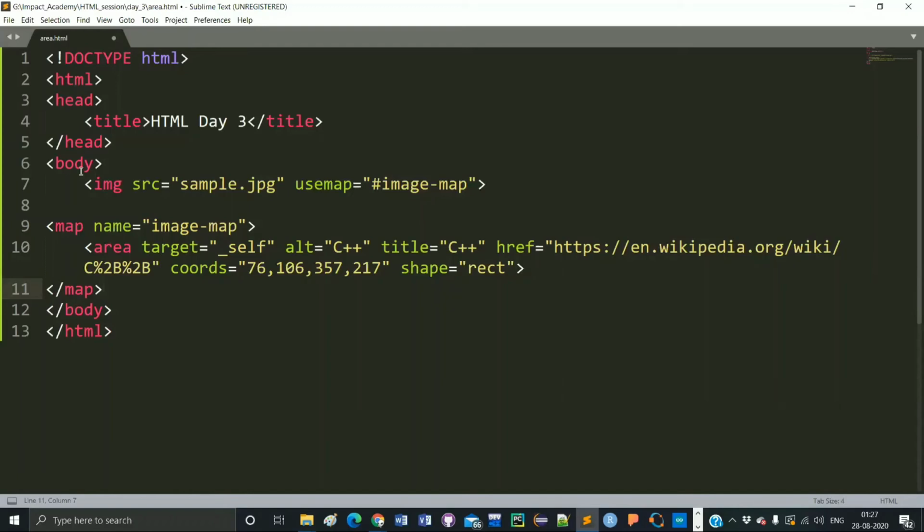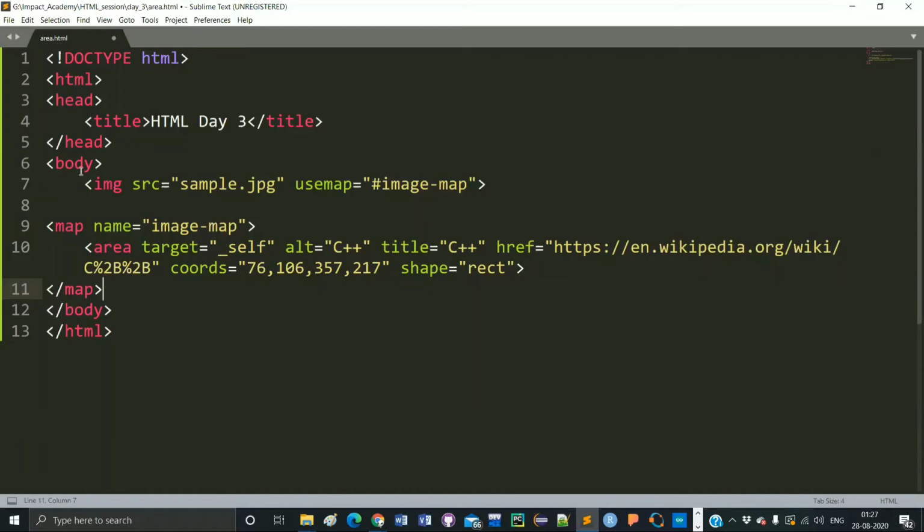And there is another important attribute that is used with image, that is usemap. So what is this usemap? This usemap basically defines an image map. Now what is an image map? An image map is a graphical representation of your image. Your digital image is a 2-dimensional image, so there are some xy coordinates in your image. So this image map is basically a graphical representation.